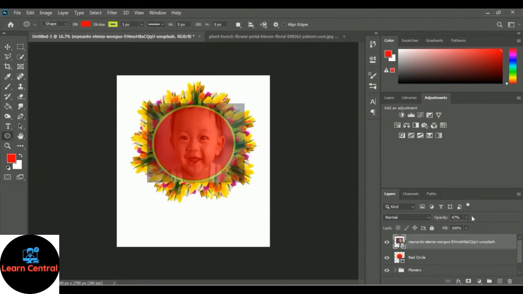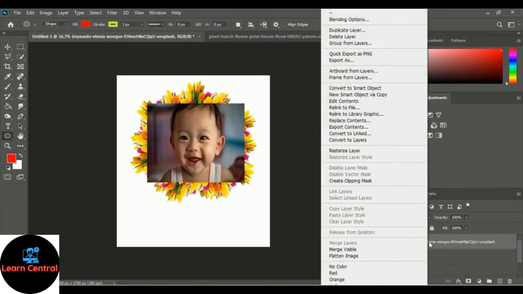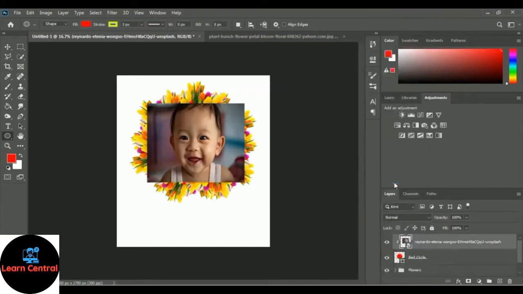Okay, now we will increase the opacity. So let me increase the opacity level. Let's take it to 100%. And right now we will create a clipping mask. So you just have to right click on this layer, then you will get this create clipping mask option. So you just have to click on here, create clipping mask, and you can take a look. This image of baby is placed inside this round circle, and right now